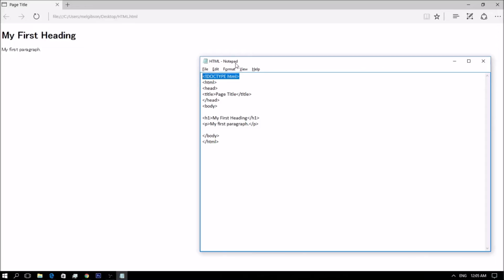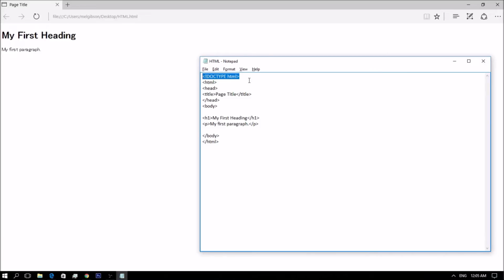Or TextEdit for the Mac. We believe using a simple text editor is a good way to learn HTML. So, don't worry if these examples use tags you have not learned. You will learn about them in the next lesson.